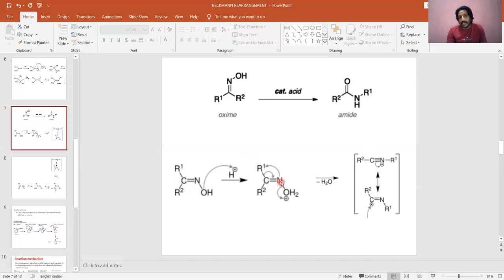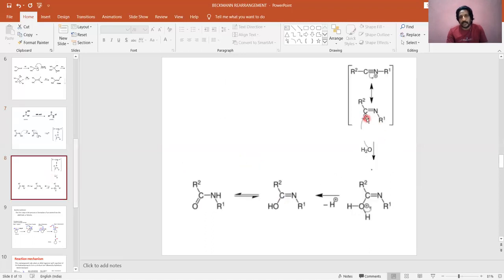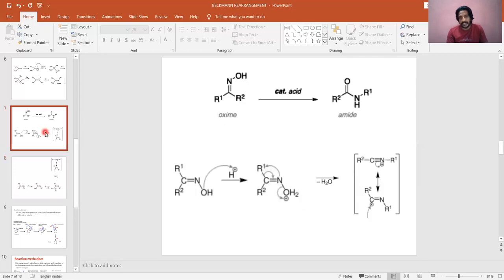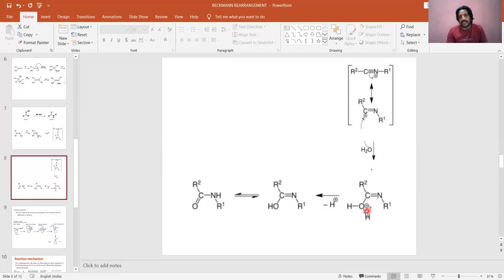When it is getting rearranged, because it is coming out with a pair of electrons only, that leaves a plus charge on carbon. So look at here. Now the plus charge on carbon is compensated with the addition of water which was eliminated in the last step. When we add water, again oxygen has a plus charge. So in order to compensate the plus charge, deprotonation. One hydrogen will go out, all right, because it's an acid catalyst.